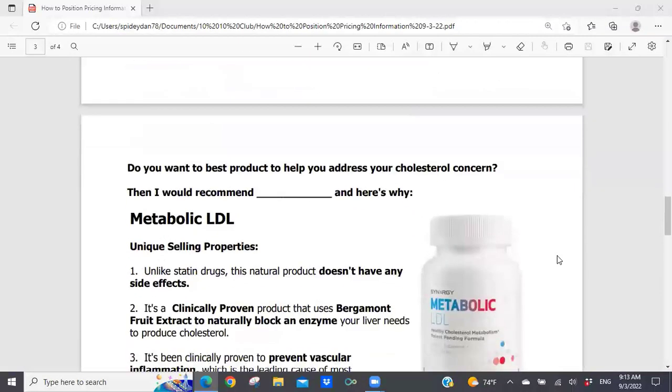Now, when it comes to Metabolic LDL, do you want the best product to help you with your cholesterol concerns? Now, before I even get to that question, I've most likely had a conversation with the individual. Oh, so you're on a statin drug, huh? So is that because you've got cholesterol issues? How long have you been on statin? Do you like being on a statin drug? Are there some side effects to your statin drug? Would you be interested in maybe looking at a natural way to address your cholesterol concerns? So if a person's interested in a natural way to address their cholesterol concerns, then you can ask them, well,